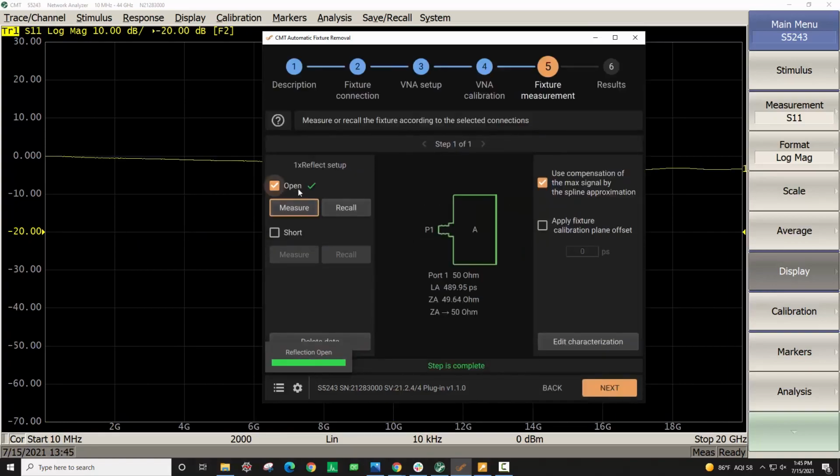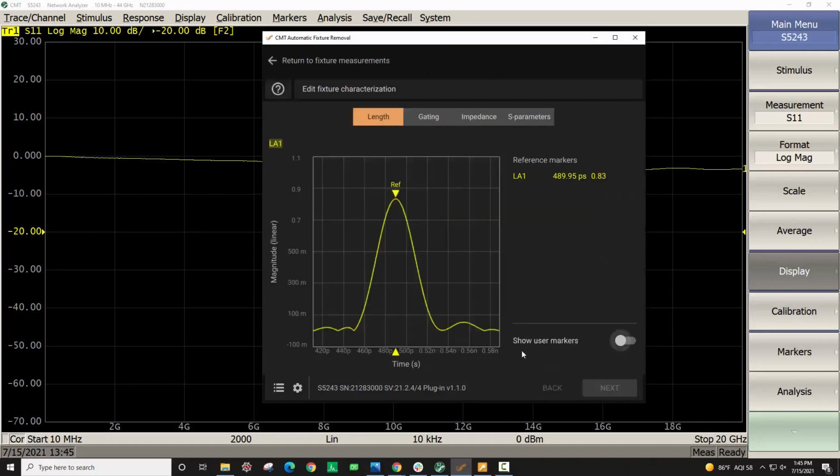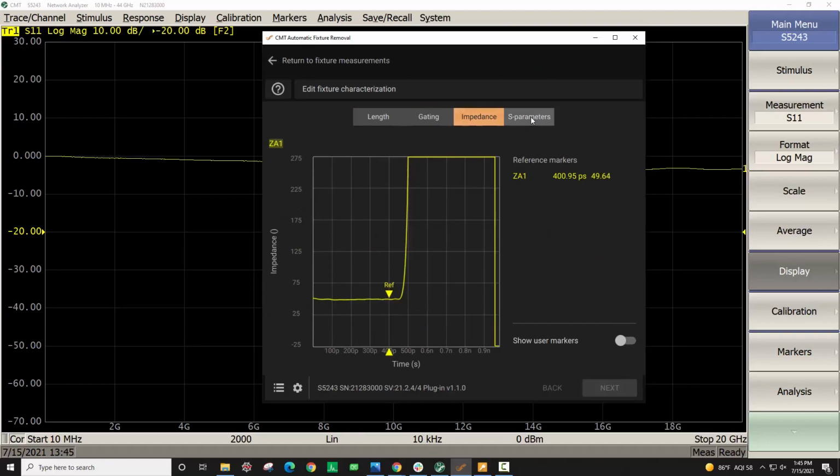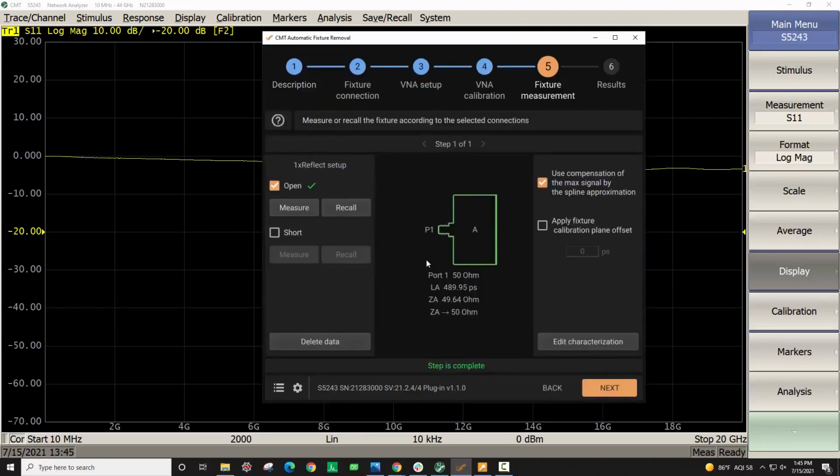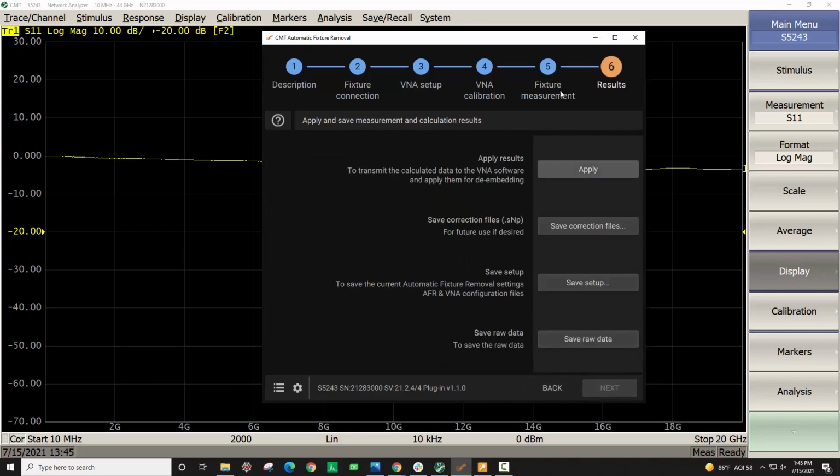And once that open was measured, you can go to edit characterization, look at the length, gating, impedance, and S parameter for that one port fixture. And once we are satisfied with the fixture measurements, you can proceed to the final step and then click on apply.